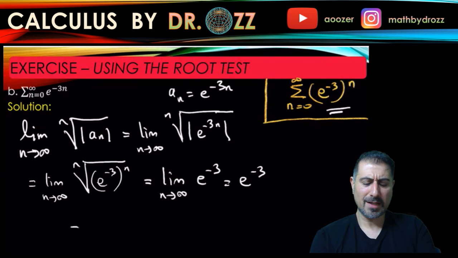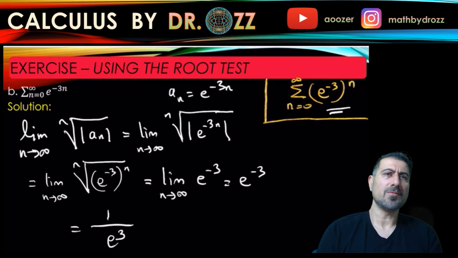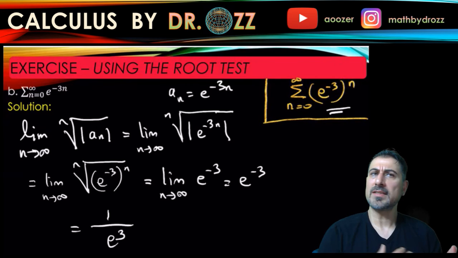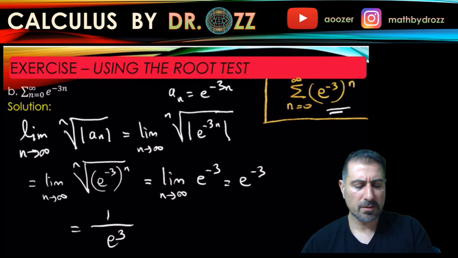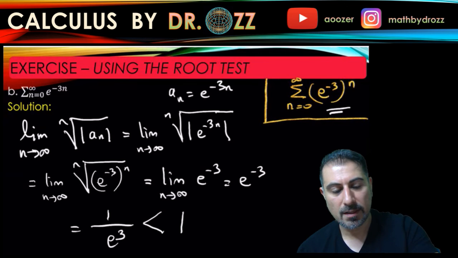And what is e to the minus 3? Let's just write it as a reciprocal, 1 over e cubed. At this moment, you can use your calculator if you want to, but e is a number around 2.71. So the cubic power of that is going to be a large number, like 9, 10, something close to that, right? So 1 over that number for sure is going to be less than 1. Okay, that makes this infinite series converge